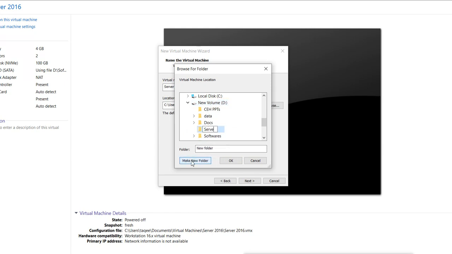I can change the location also, and the hard disk space.